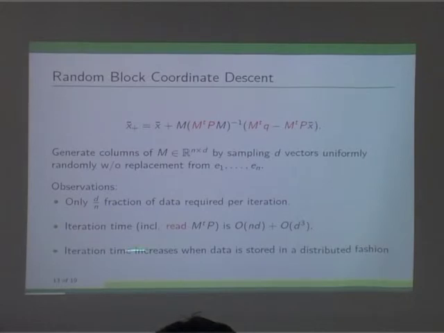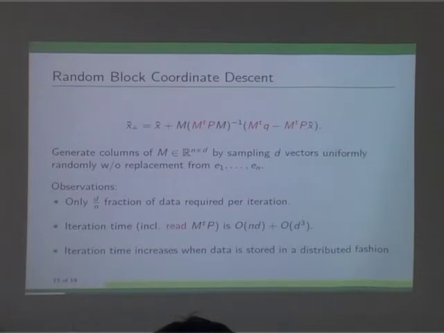But what is the problem with this algorithm? What would you ideally like to do? You will want to store the P across distributed hard disks, right? So what this algorithm says is you need to pick d rows in a uniformly random fashion. So it may so happen that some rows lie in one hard disk, and other rows lie in another hard disk. So this is actually going to add a lot of time.